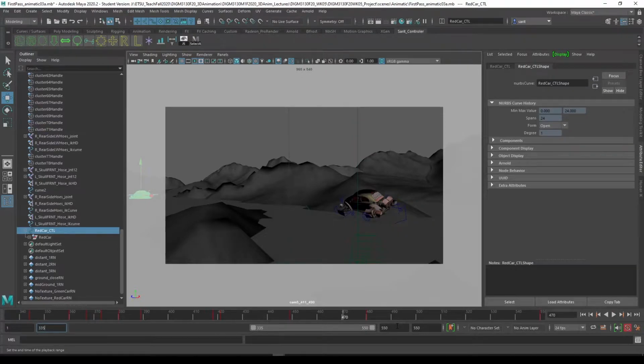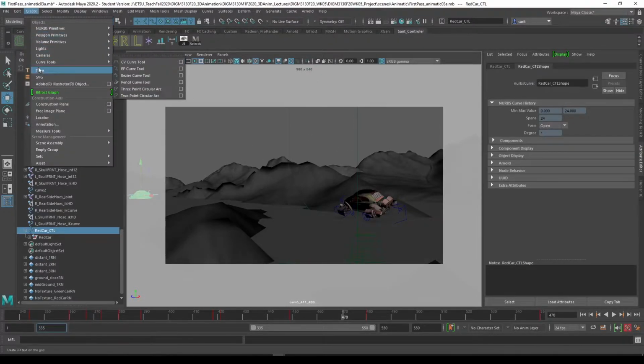And then I will switch the camera to a kind of point of view camera or over shoulder camera on the red car itself. So now I don't have any shot yet, so I'm going to create a new camera,